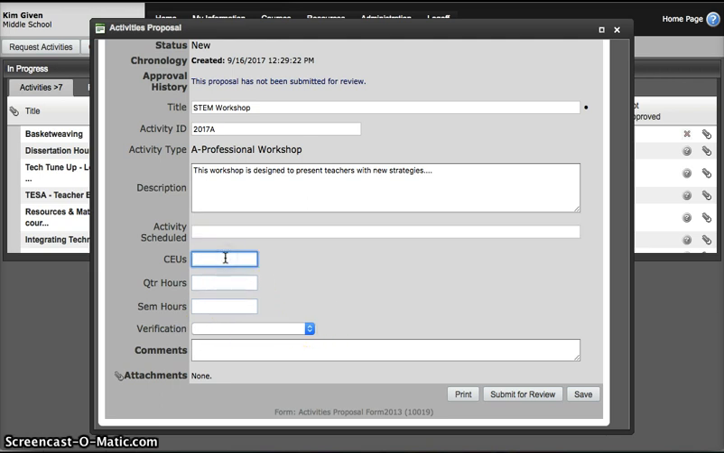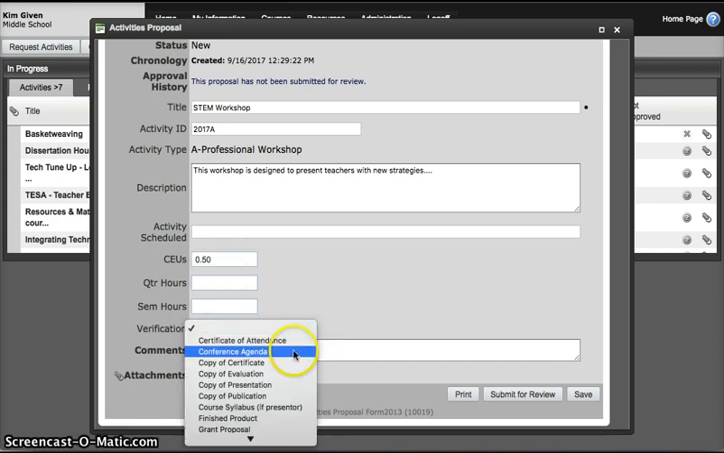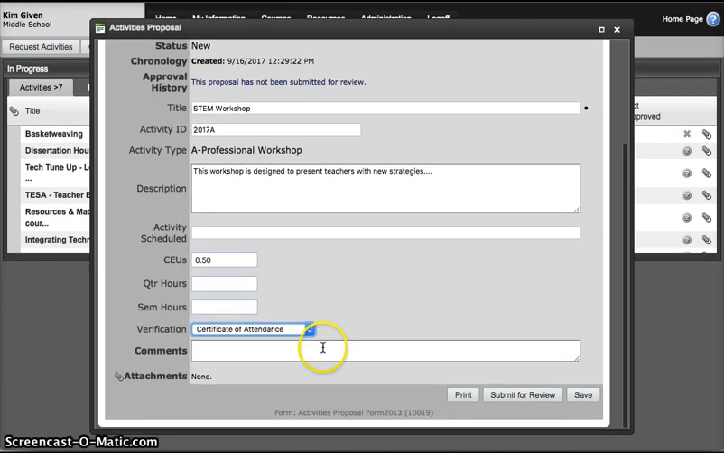So in this case, it was perhaps a 5-hour workshop, in which case it would be worth 0.5 CEUs. It takes 10 CEUs, or 10 seat hours in order to equal 1 CEU. And then maybe there'll be a certificate of attendance that will be given, and that's what I will give for my